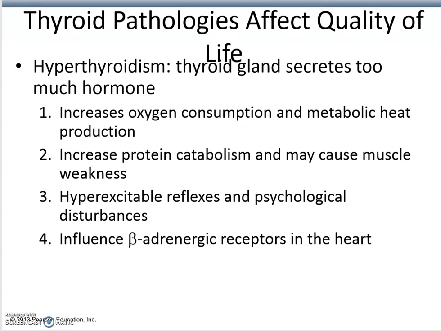So here, more thyroid pathologies. In hyperthyroidism, again, the gland secretes too much thyroid hormone, and the measurable effects would be increased oxygen consumption. That was the parameter that you were supposed to measure on these rats that had the different thyroid issues. You're also going to produce a lot of metabolic heat because you have a general increase of metabolism. You can eat 3 plates of dinner and not gain any weight. Sounds great, actually. And people have used thyroid hormone as a way of losing weight, which it does work, but